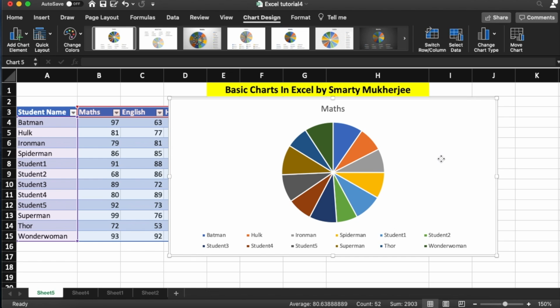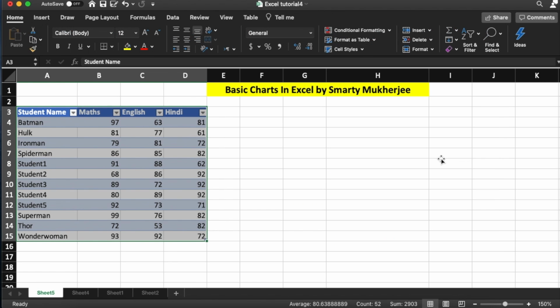So that means we should not use the pie chart in such a table where we are representing three different subjects or three different types of variables in that table range. So select your chart very carefully.